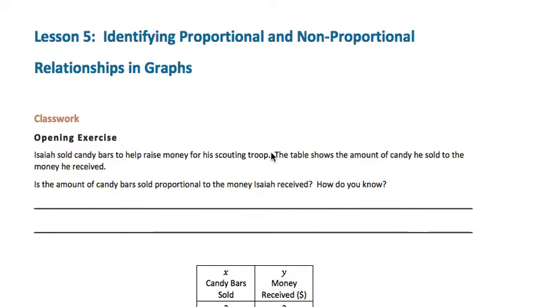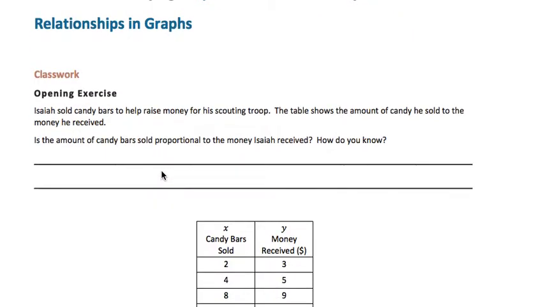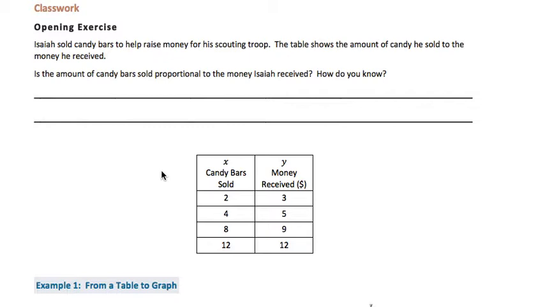In Lesson 5, we're going to look at the difference between proportional and non-proportional relationships in graphs. Isaiah sold candy bars to help raise money for his scouting troop, and the table shows the amount of candy he sold to the money he received. What we want to do is find out whether this is a proportional relationship, and knowing what we know about